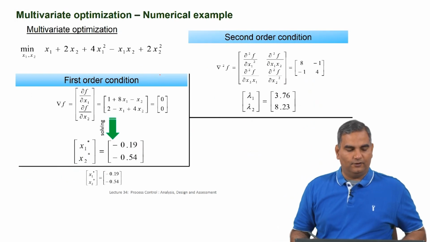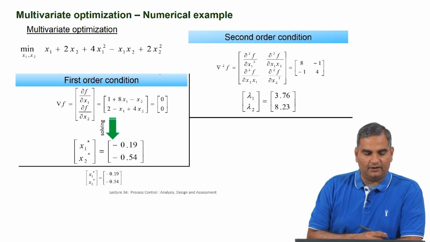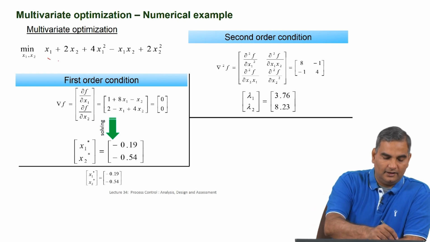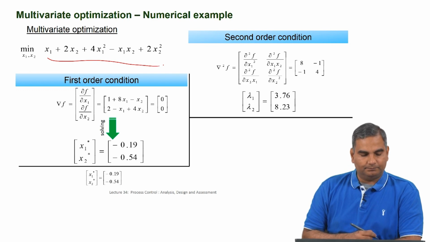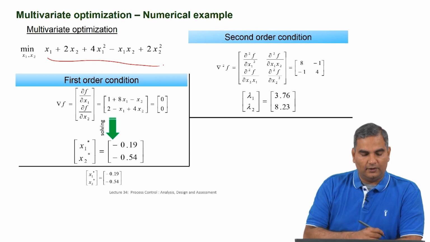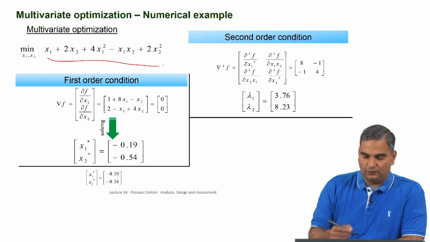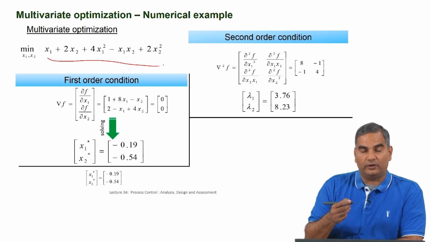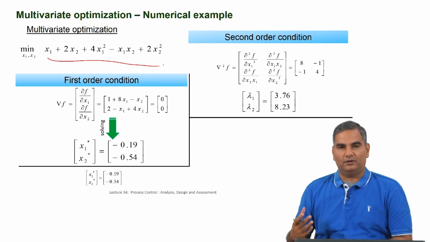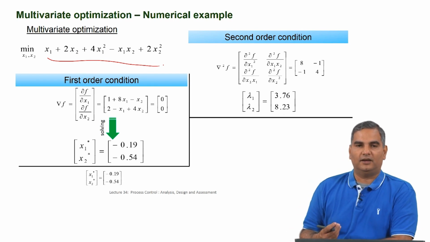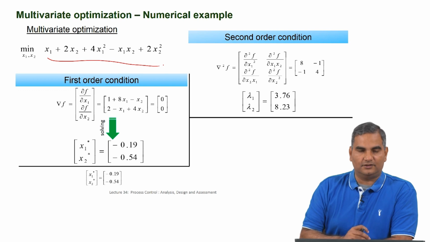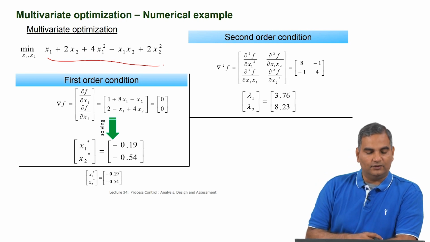Now as I said before, if I have a multivariate optimization, again there is only one function, but instead of the function being defined by one variable, in this case the function is defined by both the variables x1 and x2. So, this is a two variable problem. So, let us assume now f is a function of x1 and x2. How do I find out a value for x1 star and x2 star? Because when we have more decision variables, we have to be able to say a value for each one of these decision variables, okay. Only then we solve this problem.